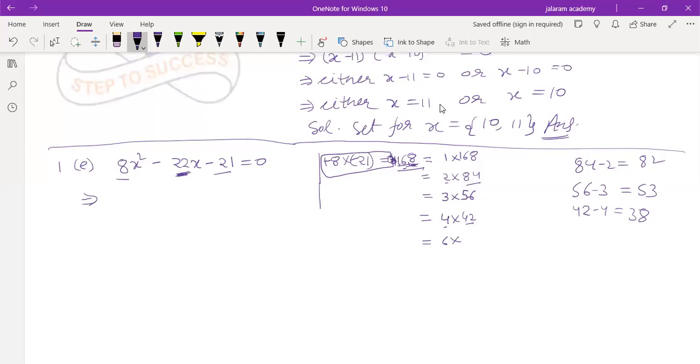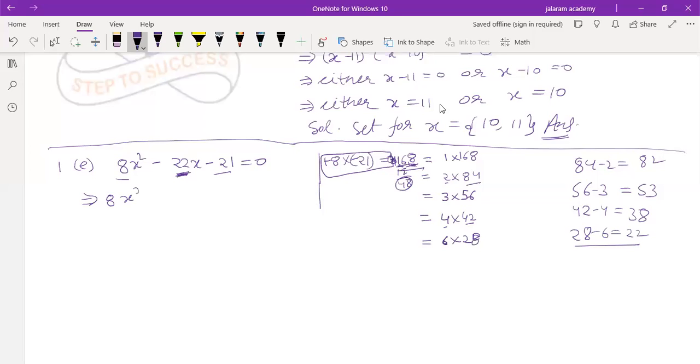Next is 6. 6 into, now multiply. 6 twos are 12, so 16 minus 12 is 4, it becomes 28. 6 fours are 24, 6 eights are 48, so 6 into 28. Okay. Now find the difference. 28 minus 6 equals 22, and we have to bring 22. So we write